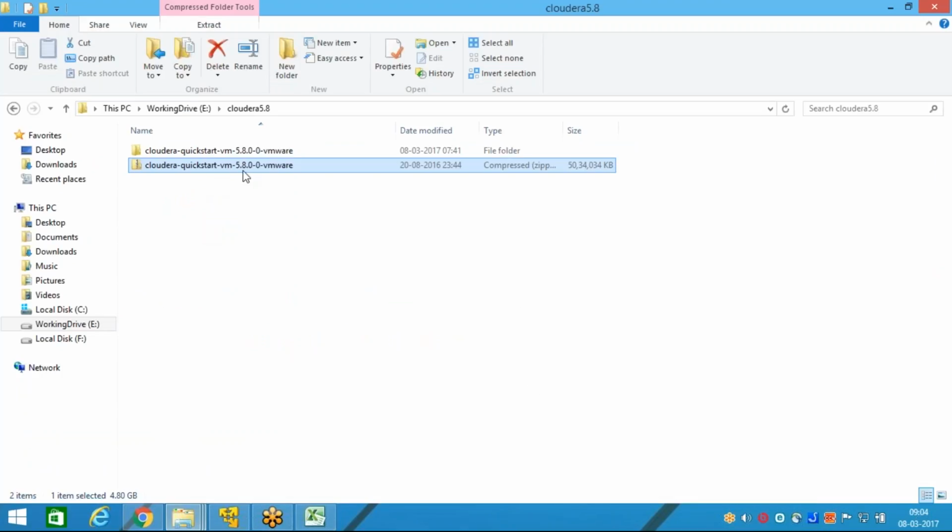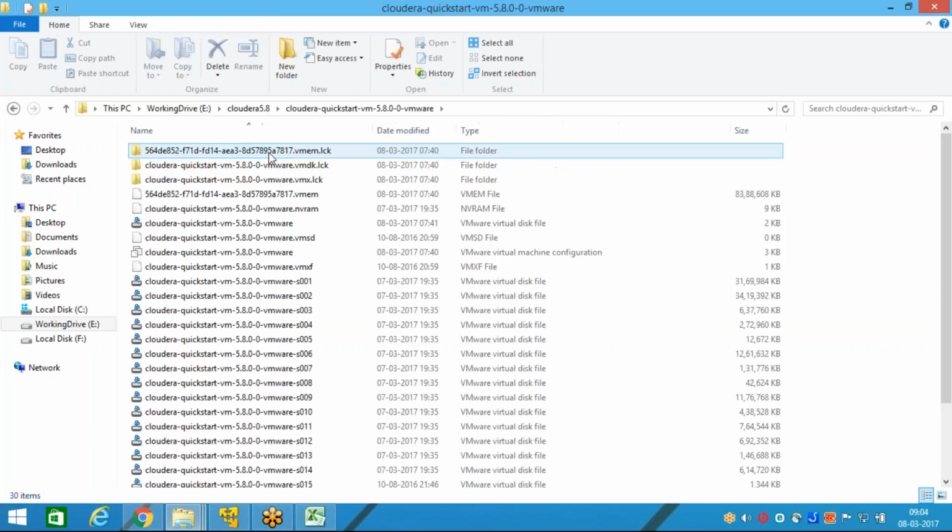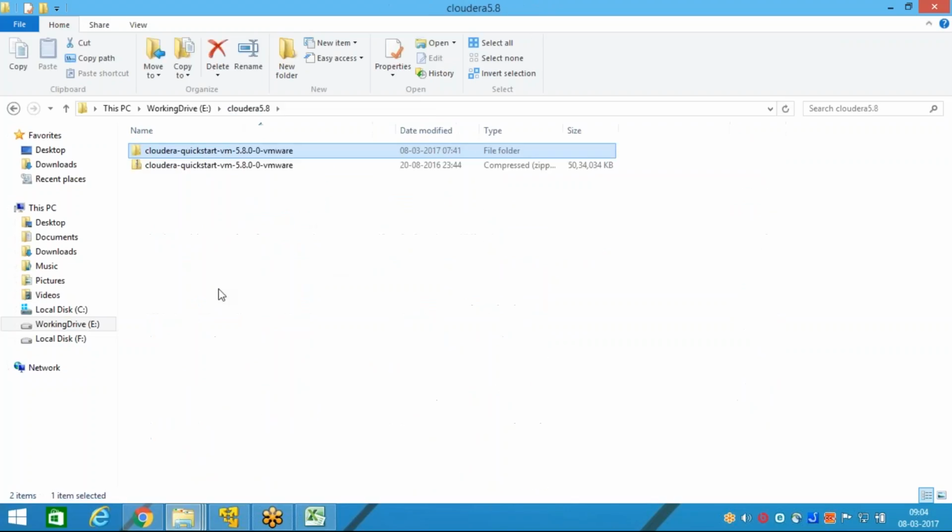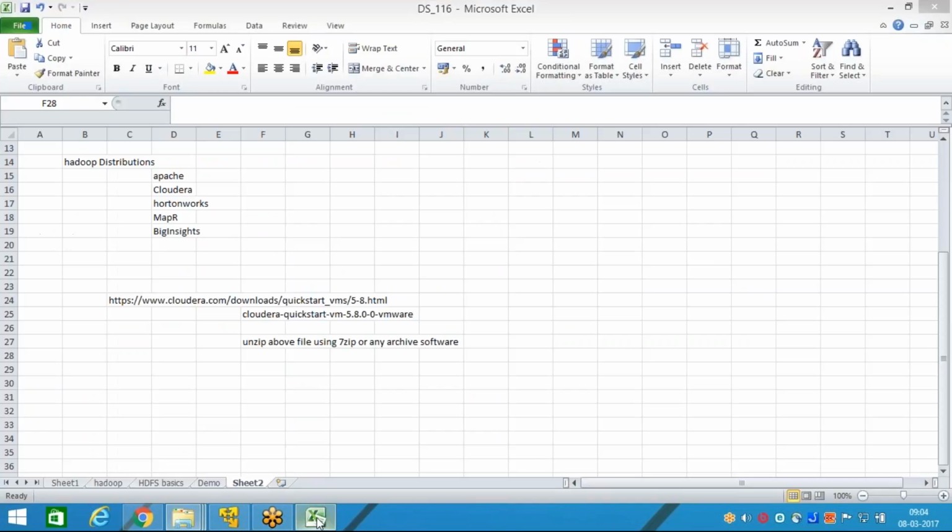So you just take it and then unzip. And when you unzip, you are going to get a folder like this. And in this folder, you will see a lot of files here. You can just unzip it. That's all. Then now the next step is